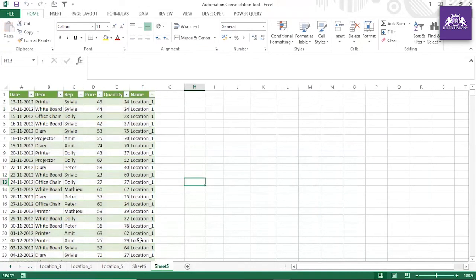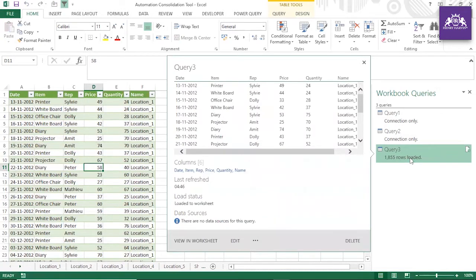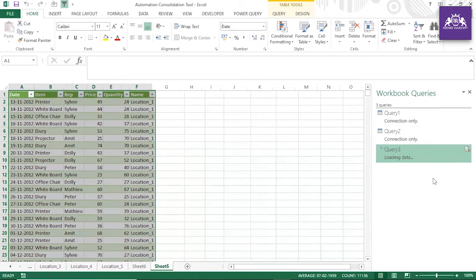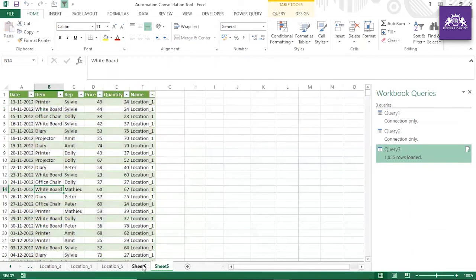So why is the data increasing, guys? Why is the data increasing here? So we have to see again, because 1855 rows are loaded. Again you go there. Okay, this is perfect. So what is the problem here? Can we check,